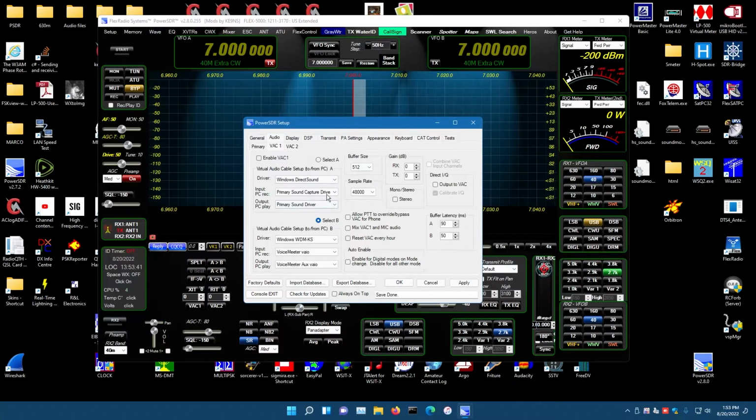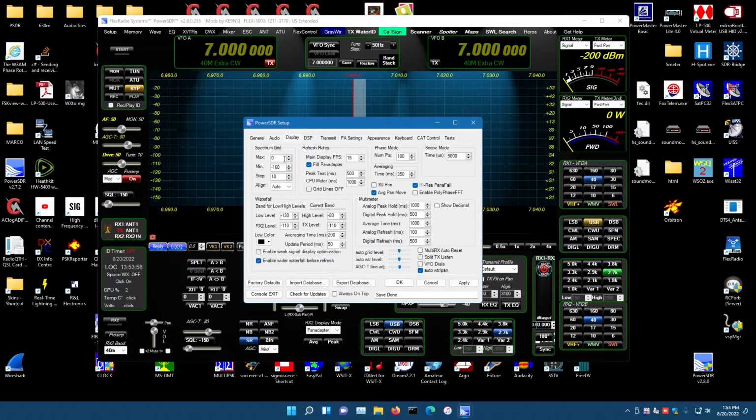So these are when you're using DirectSound versus MME. Okay, that's the audio, and like I said, this is for the virtual audio when you're talking to WSJT-X, FL Digi, whatever digital programs you're using, slow scan, whatever. Display. Okay, so